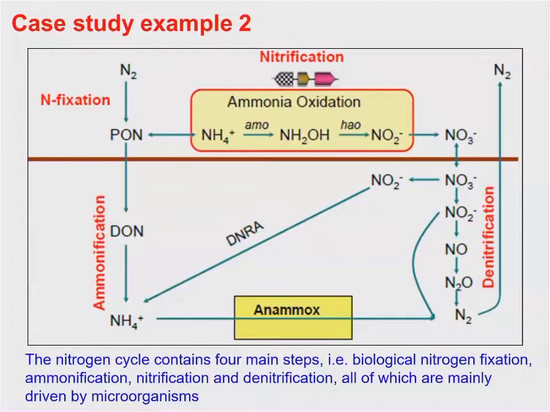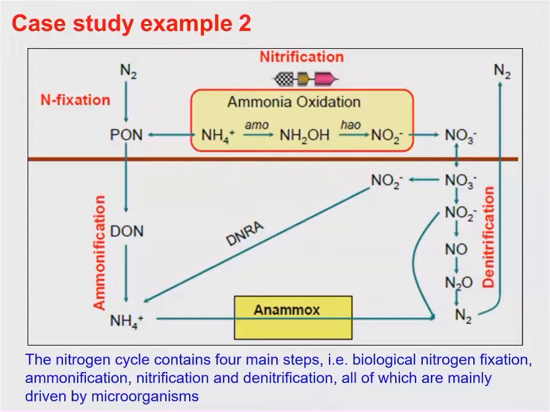Okay. So this is a very big-scale overview of microbial distribution. But you quite want to know, because microbes are very, very small in size, at a much smaller scale, how the microbes can play a role. So I will show you another example. It's called case study example 2, about nitrogen cycling.